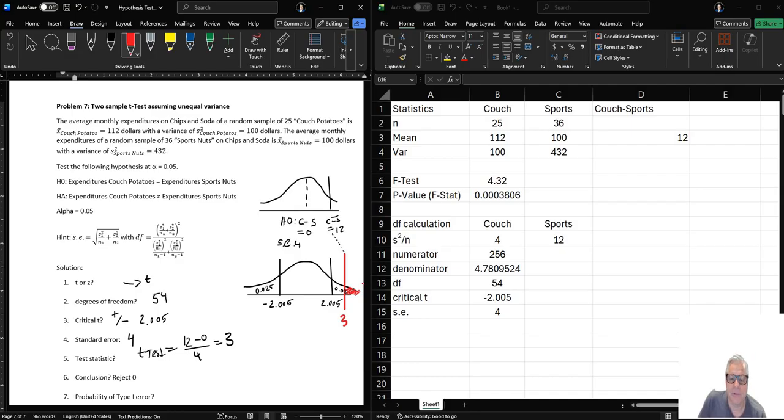And then we must not forget to multiply that times 2, because in a two-tailed test we assume that also to the -3